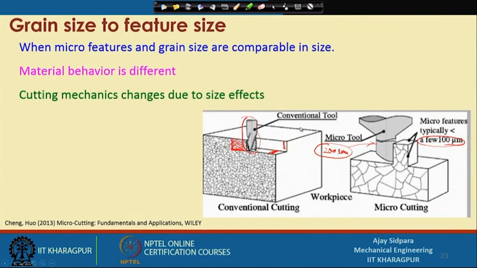Now, what happens in this case? Why does material behavior change? Because if you see this particular thing and you are cutting this particular line, we have already discussed it, but let us go a little more in depth. When you are cutting this material, two things happen. First, your tool will be loaded severely in this case, because getting a boundary of the grains, or a defect to initiate or slide the dislocation, is very difficult here, because only 1, 2 and 3 grains are coming into the picture when you are cutting the material. So, material behaviors are different. Now, everything depends on the size of the grain,